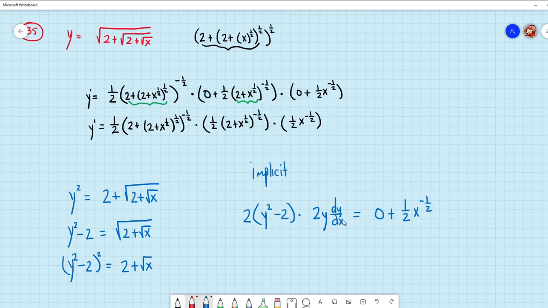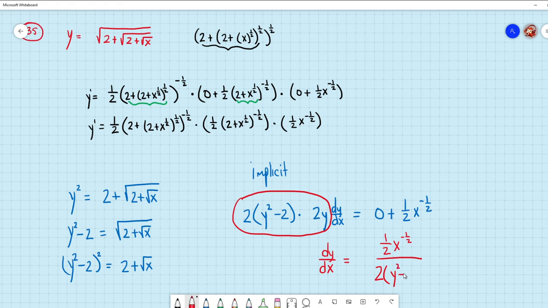Again, I want to isolate that dy dx. So this is just multiplying over here. So all this is multiplying. Let me circle that. So all this is just multiplication. So we'll just divide it over to the other side. So dy dx equals 1/2 x to the negative 1/2 over 2 times (y squared minus 2) times 2y. So just to clean this up a little bit,